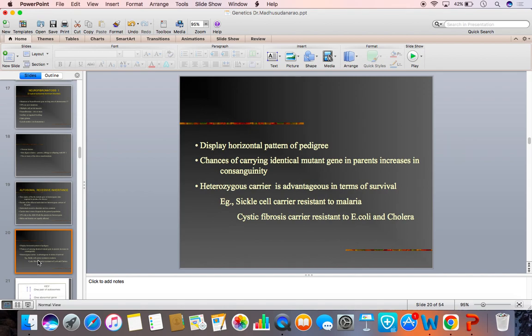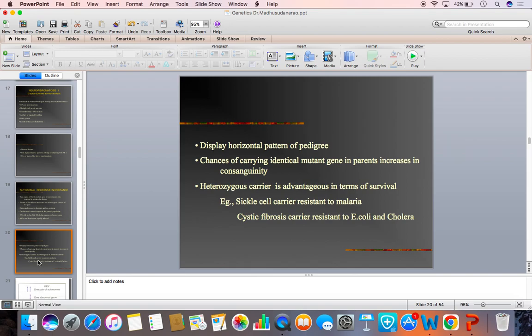Heterozygous carrier is advantageous in terms of survival from severe malaria. Severe malaria is less common in sickle cell carriers. In the same way, cystic fibrosis carrier is resistant to E. coli or cholera infections. That means carrier state is protective. Okay? Carrier states are protected from